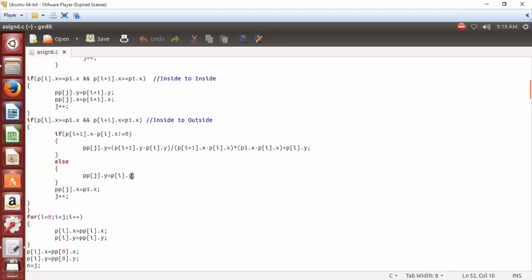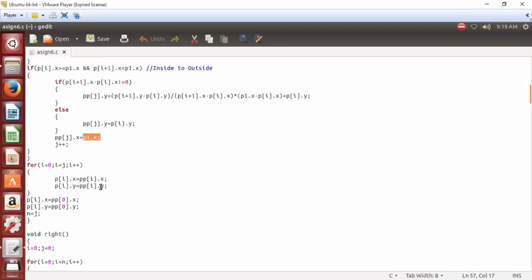Else, if the line is straight, the y point remains the same. The x value is set to the window's x value, so the vertex list gets updated: PP of J is equal to P1 dot x, and the y value is calculated accordingly. For outside to outside, we simply neglect the value.